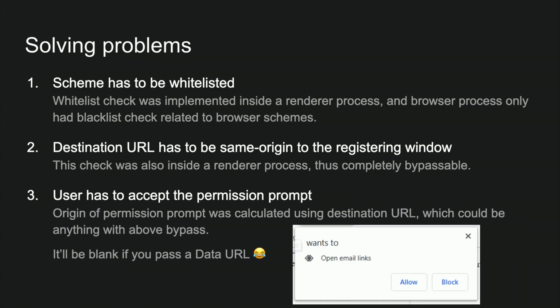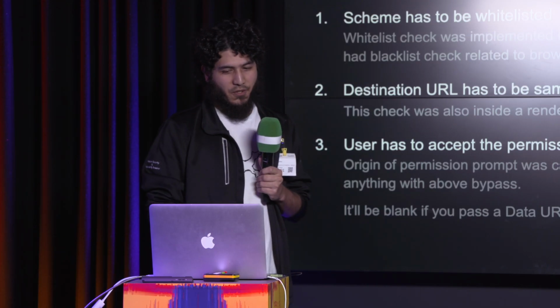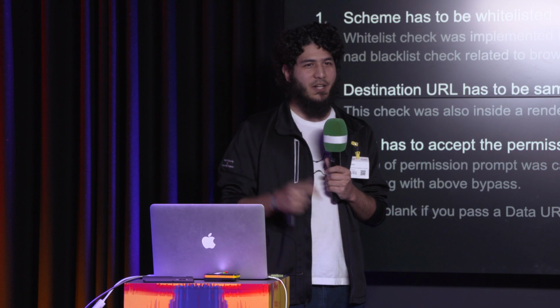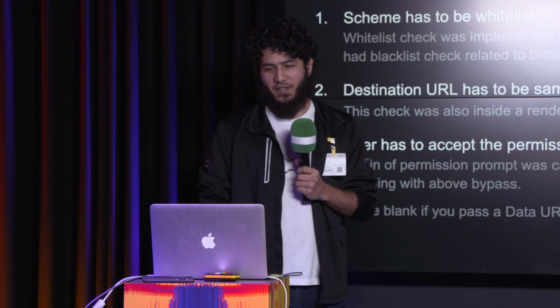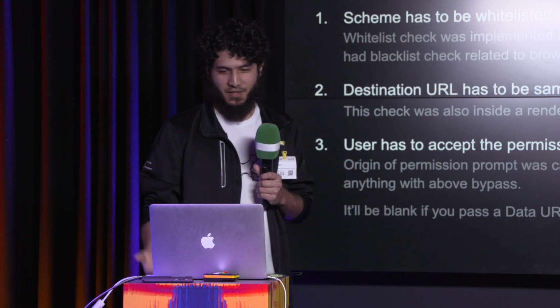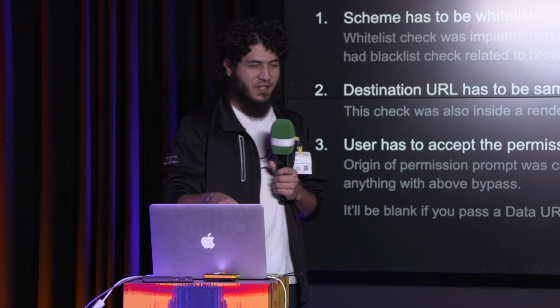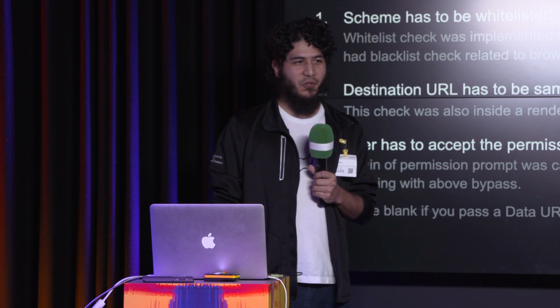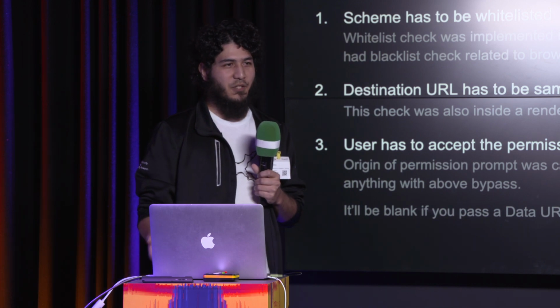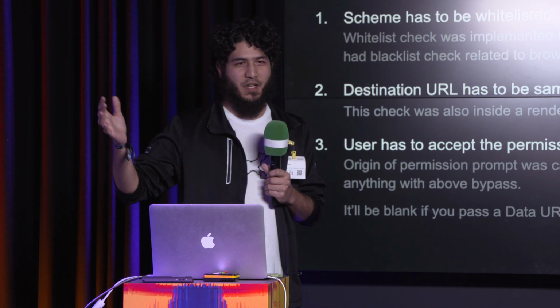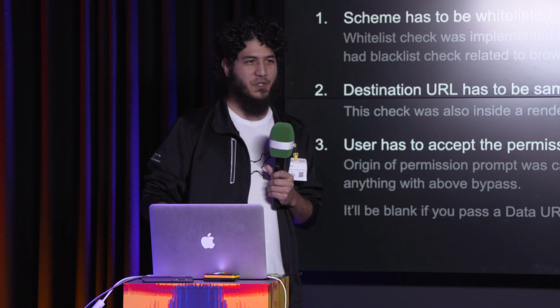And then the user prompt, they were calculating the origin from the destination URL. And you already know that for the destination URL, you can set anything after render compromise. And if you set it to a data URL, because it's a null origin, they couldn't calculate the origin, so they can't show the origin. So basically, they will just say "wants to open email." And you could trigger this API from an iframe, so people would not know who is calling this API, right? You could be an advertisement calling from a trusted website, but inside the advertisement, compromising the render process and requesting